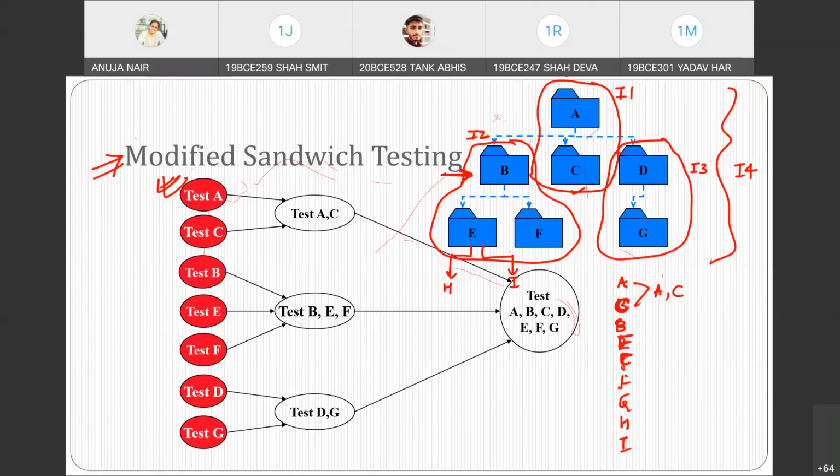B, E, F will become, first H, I will come. First E, H and I will come, right? Then that would be one layer, EHI. Then EHI will be combined, F would be separate, so F will come here separately, and then EHI and F, they both will become B, E, F, H and I. I hope I'm clear, Harshal.